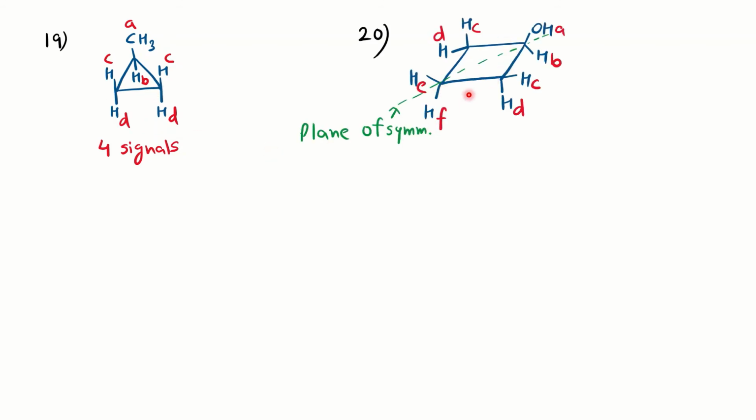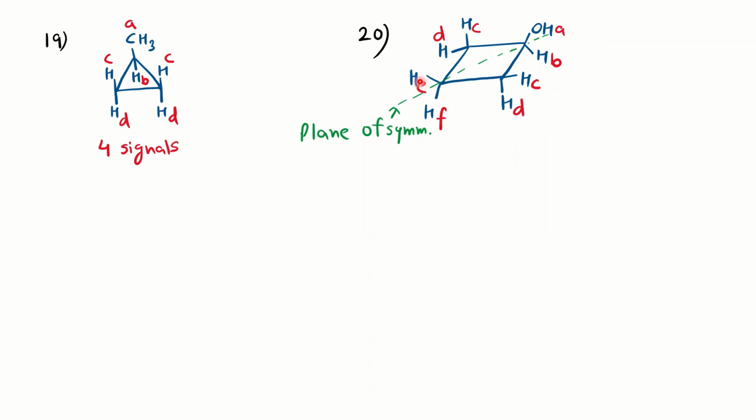This is the last problem of today's discussion. You have a cyclobutanol example. We need to find out how many signals are present for this molecule. As you can notice here, you have a plane of symmetry with respect to this OH group. So we need to see how many signals: one for OH, other for the CHB, and then the 2 protons at C are chemically equivalent in the environment of OH. The 2 protons HD are in the environment of HB, are chemically equivalent, and will give you a separate signal.